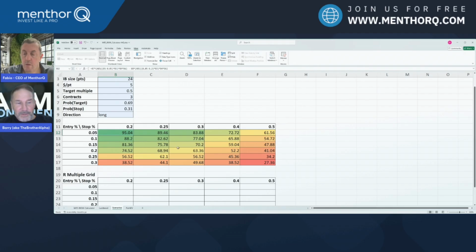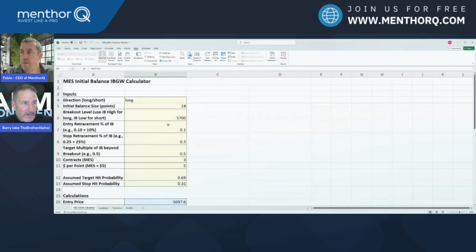So I'm not sure I trust this math yet because I'm trying to wrap my head around it. I told Fabio this is still a work in progress, but it's pretty cool to be able to model this out. Or, maybe I want to have my stop at 30% just to be a little bit safer, make sure that I have a higher win percentage. And maybe I want to enter a little bit deeper so that I get more excursion. So those are kind of the things that I've been working through with this LLM. But it all starts with the very simple calculator,